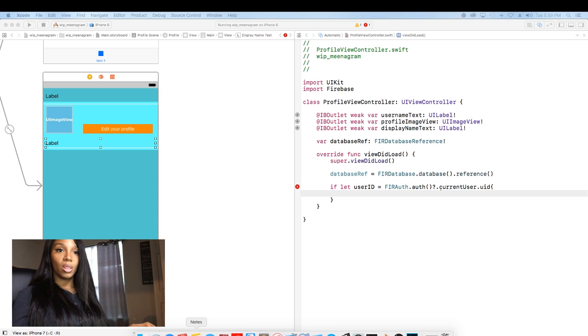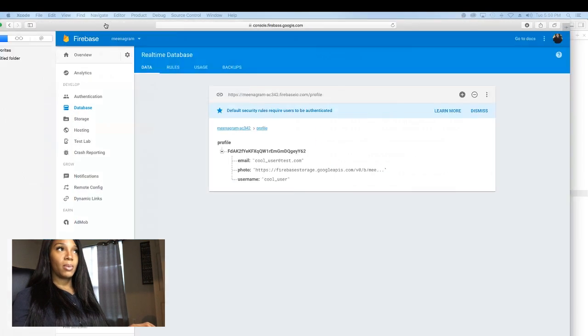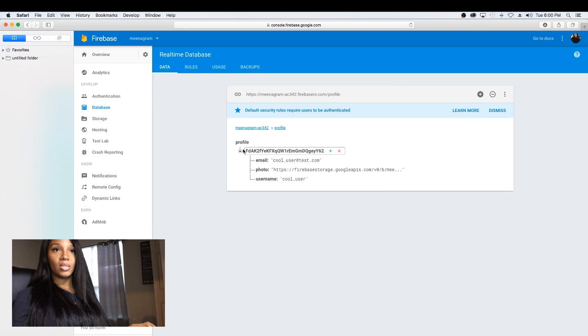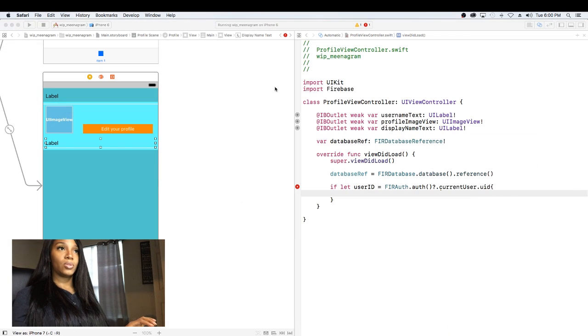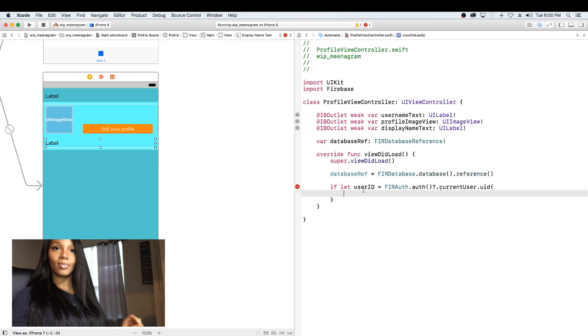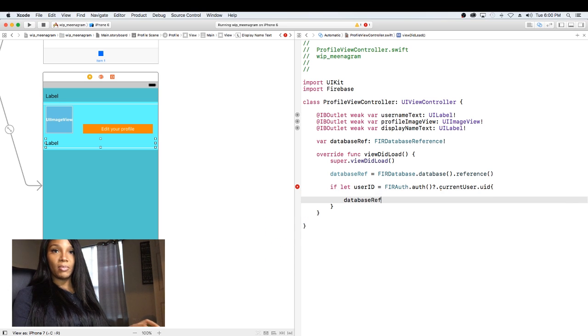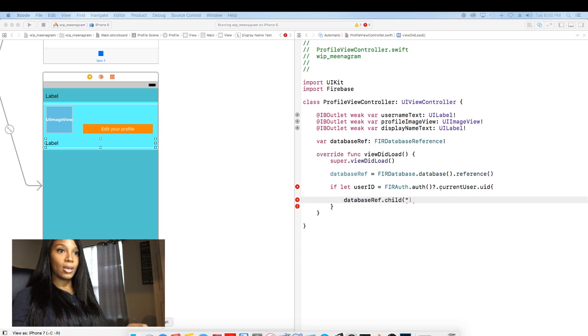Now, let me go back to the database. This is the dictionary item. So what we're doing is our authenticated user, which is going to be right now our only user, has a UID. This is this UID, and these are the items within this user's dictionary for a profile. So let's go ahead and do that. So database, our database reference dot child, our path is going to be profiles, and as you see, if I go back here,